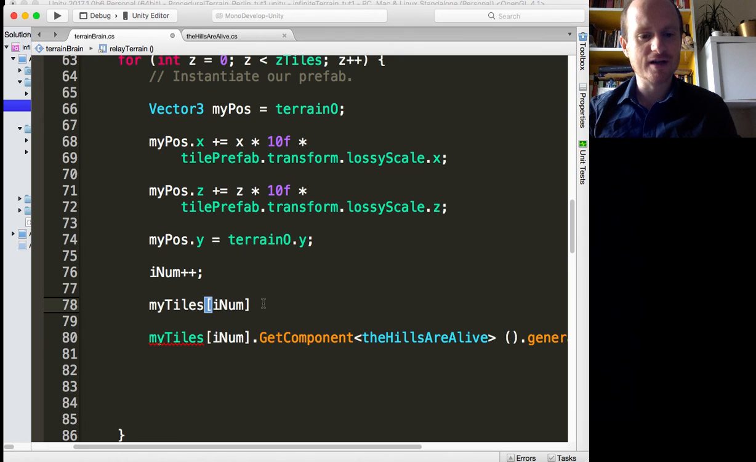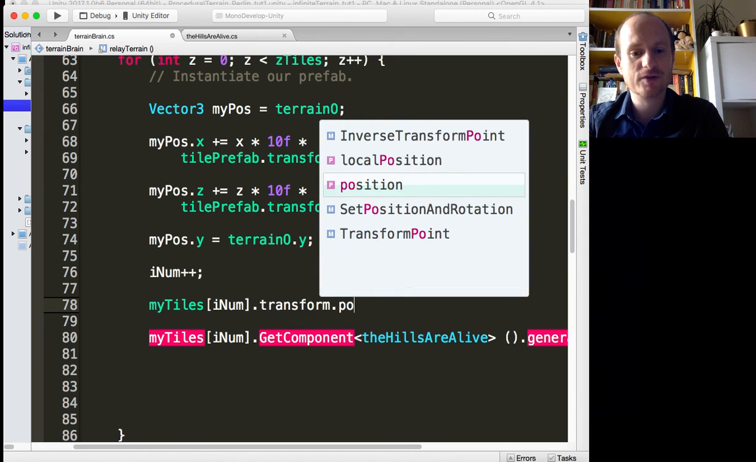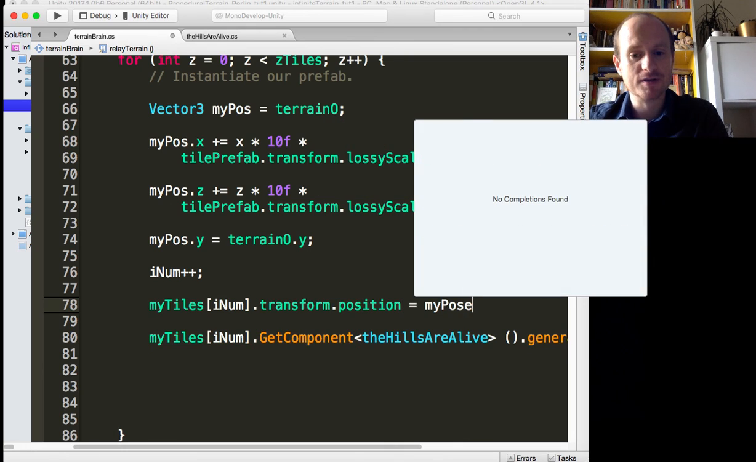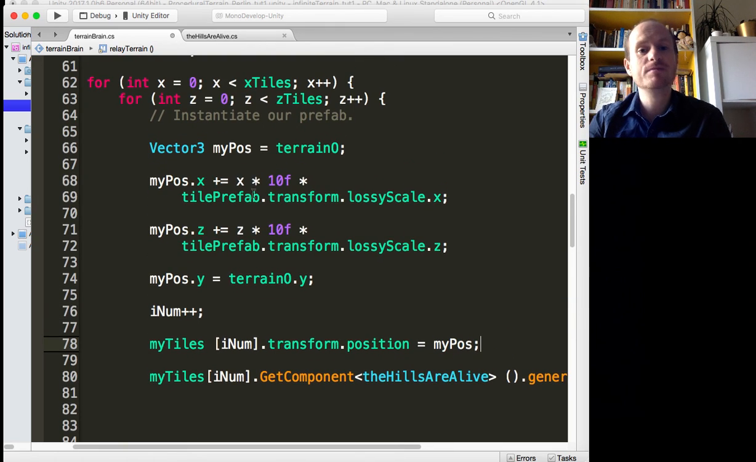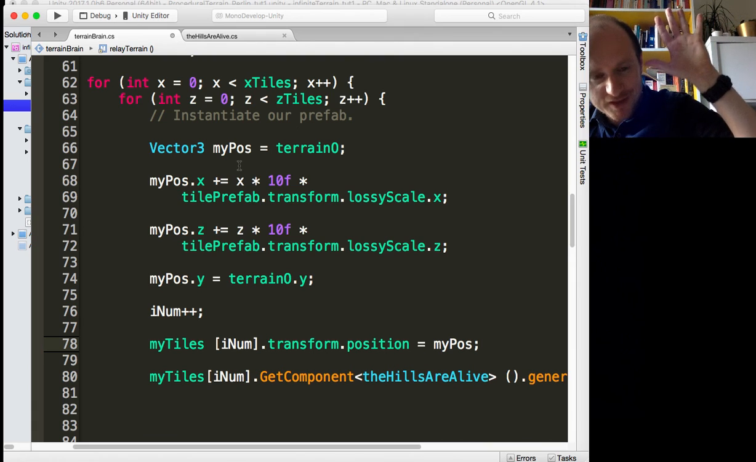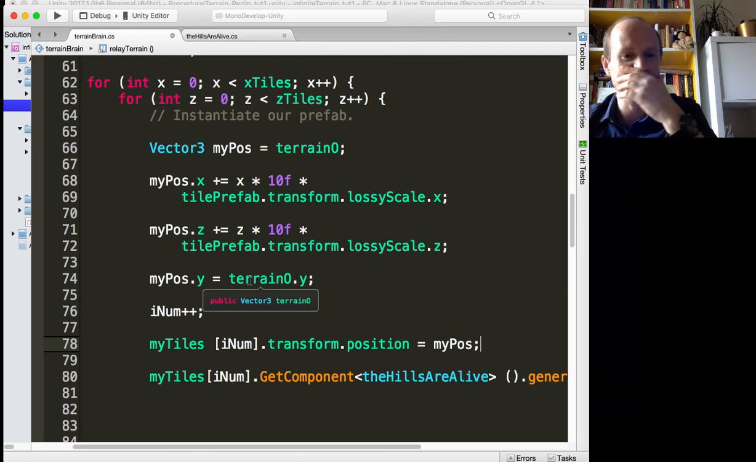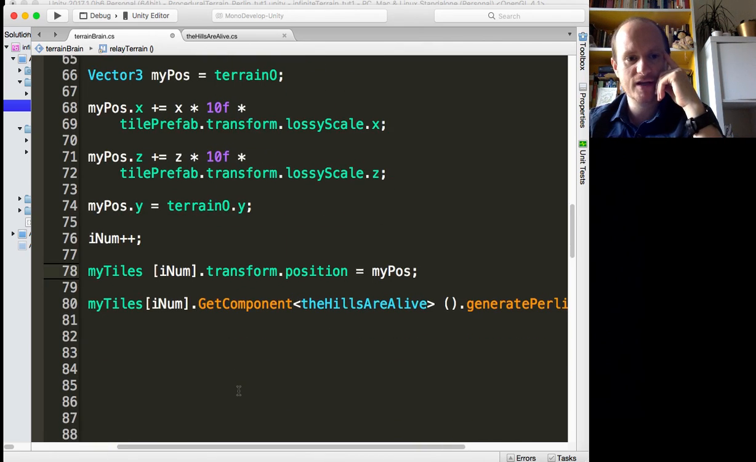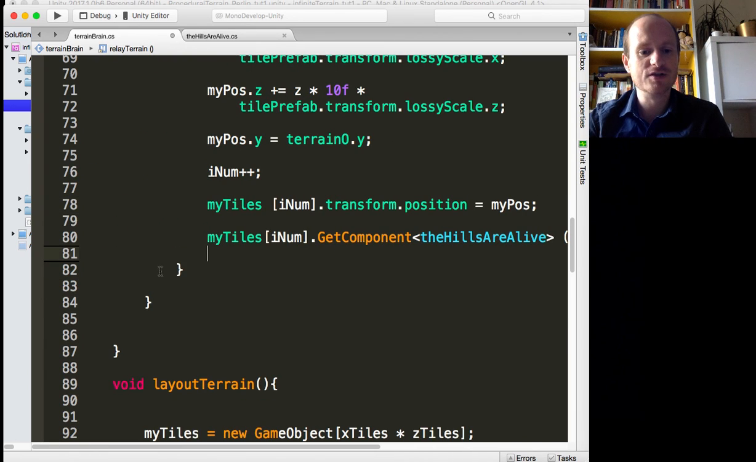Right, my tiles inum dot transform dot position equals my pos, which we've just worked out. So again, very similar to how we originally lay out the tiles. We put the first tile in the origin and then we shift it according to where it is in the grid. Okay, that's gone nice and green. I think that's it. We just need to call